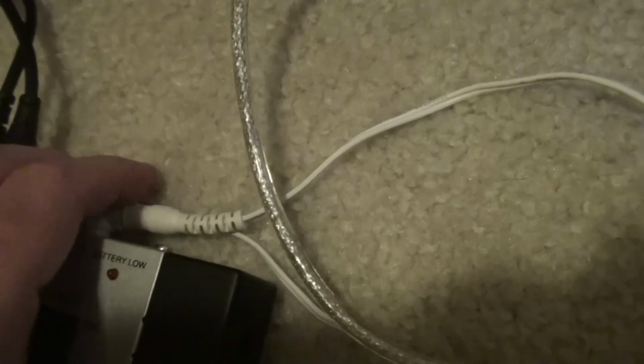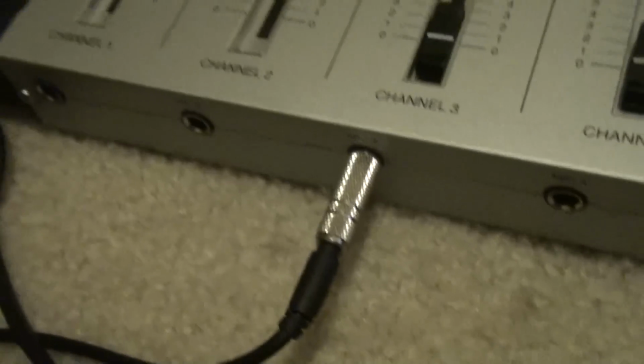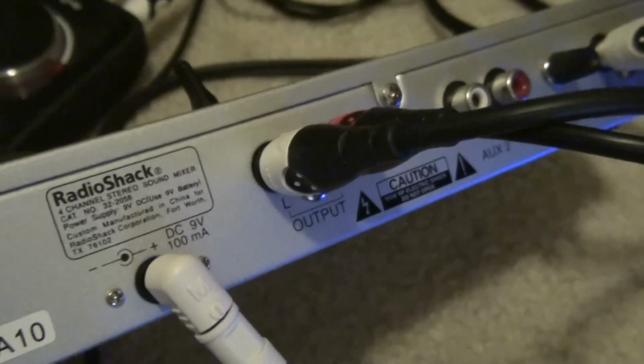So the basic features of this are, of course, I got the extra little power adapter, so I never had to buy batteries for it, which costs like maybe another $9. The basic features of this thing are 4 channels. It's got 4 channels in, and you can use microphones in on those channels as well. And then on the back, of course, it's got auxiliary 1 and 2 inputs, an RCA,